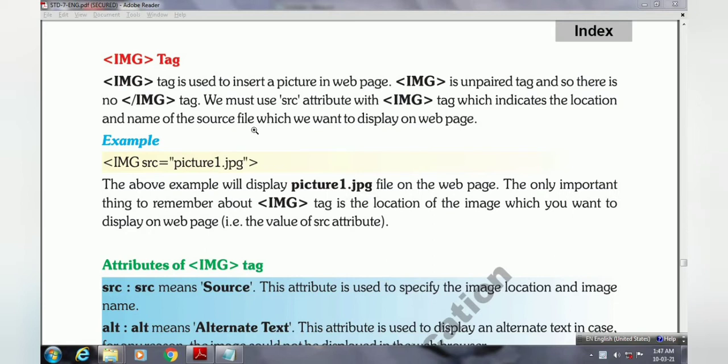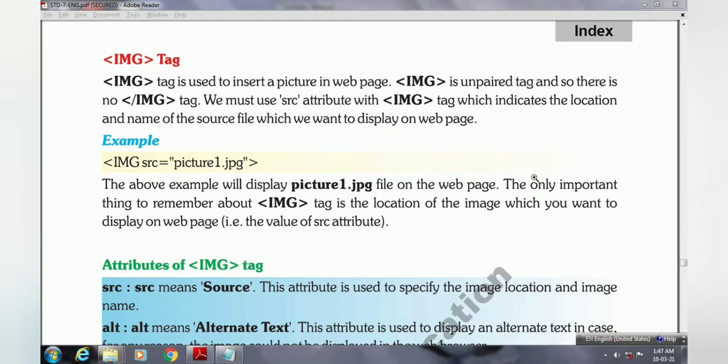It means your image file name and location you have to write in the SRC attribute. Here you can see the example: img src equals picture1.jpg. This is the file of your image, and both files are stored at the same location. So the above example will open the picture1.jpg file on a web page.